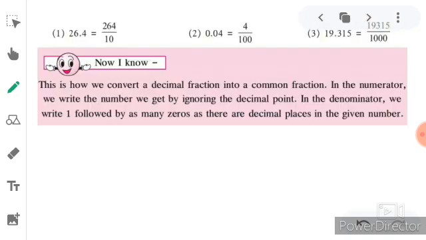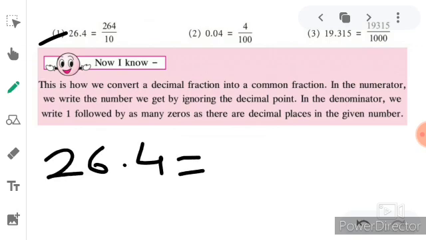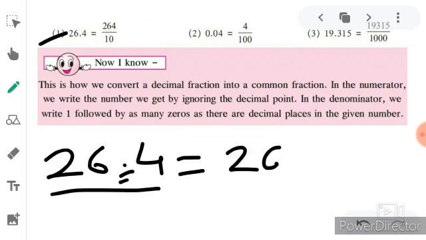The next topic is conversion of decimal fraction into normal fractions. It means how we can write a decimal fraction as a numerator and denominator. So students, here 3 examples are given to you. Here is the first example. If 26.4 is given to you, you'll have to write down the number without the decimal point. So 264, and after that you will have to put 1 in the denominator and 0